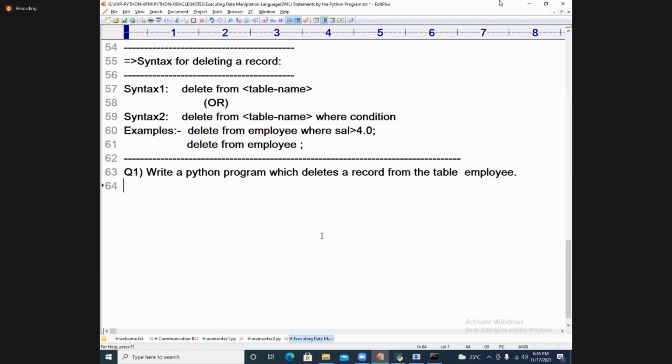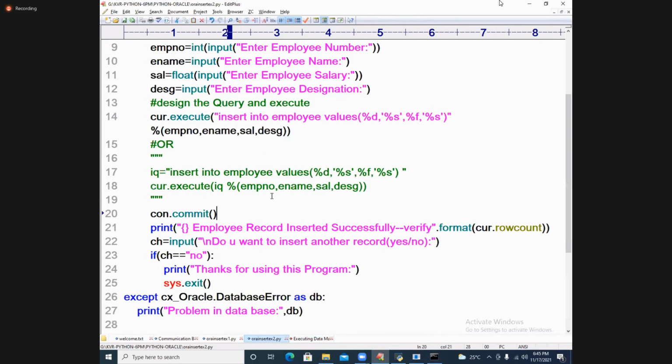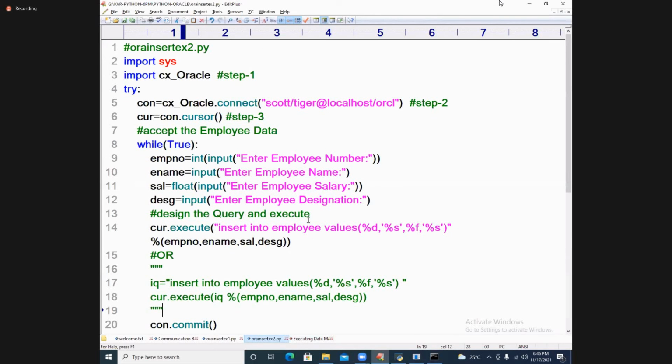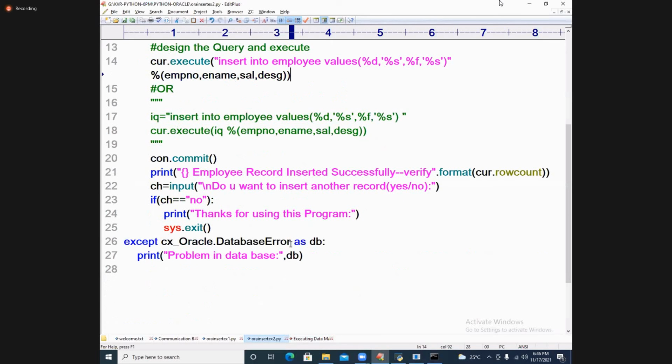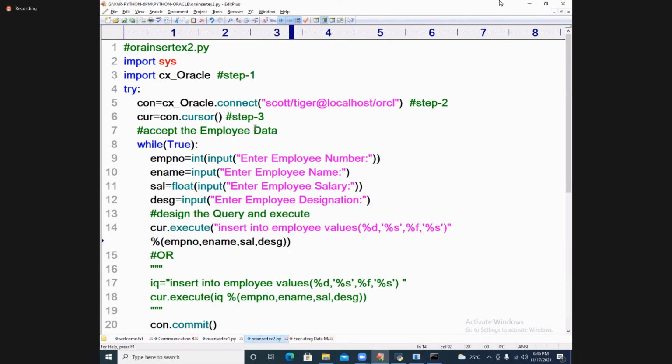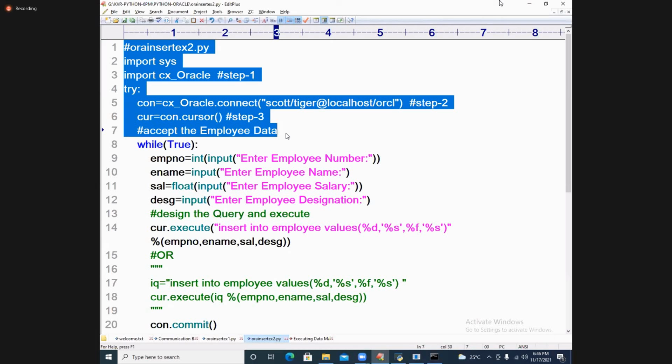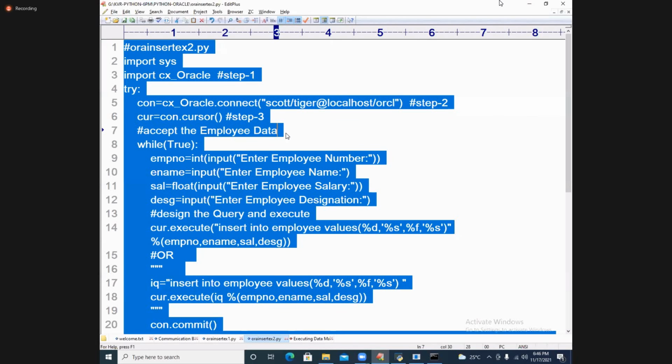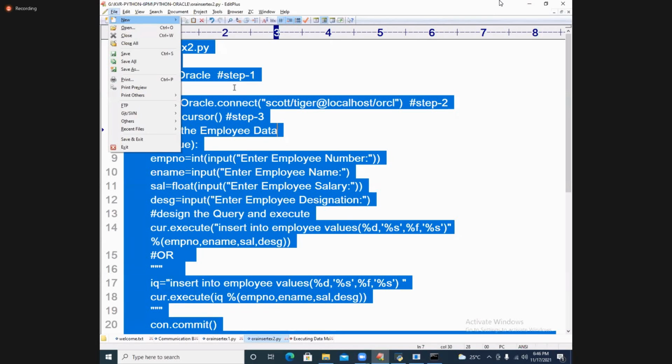So we need to go for that. Let me start. Shall we write this program? Directly I will write this type of answer. I want to delete based on this kind of directly interactive program. Multiple records I want to delete. Shall we go for it? Let me take this entire stuff. Later I will do the changes with the help of it. Happy? Let us watch this case.